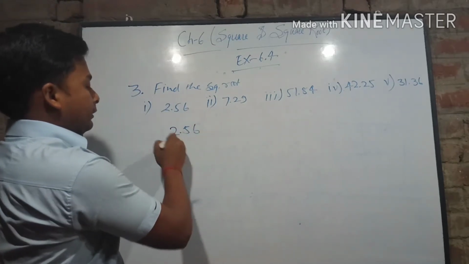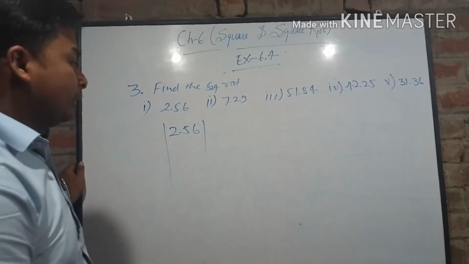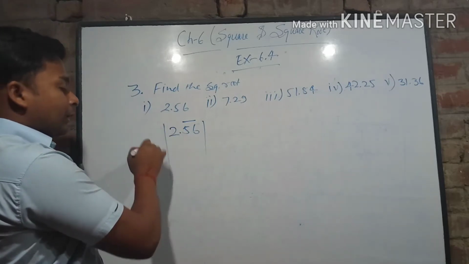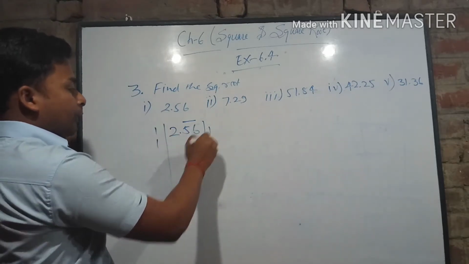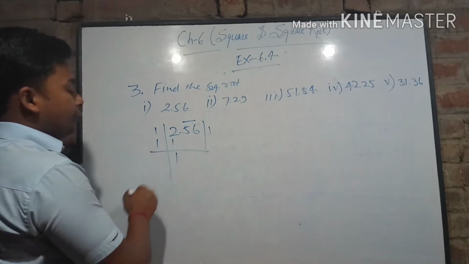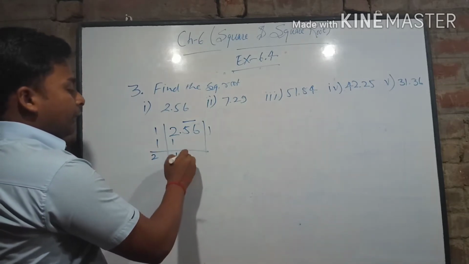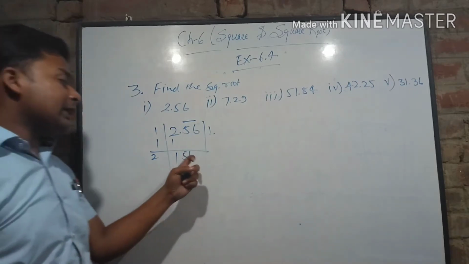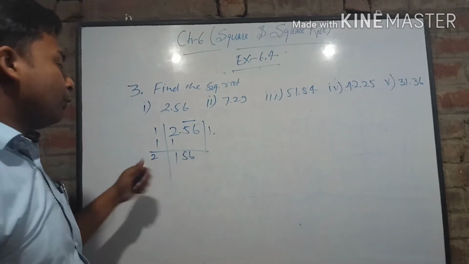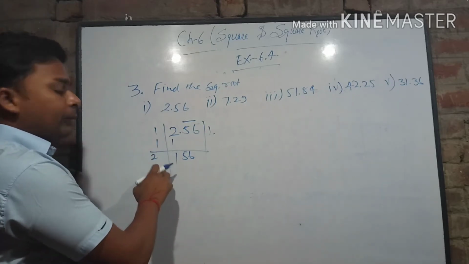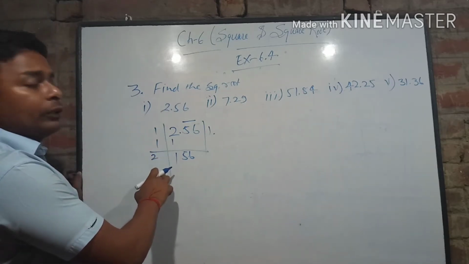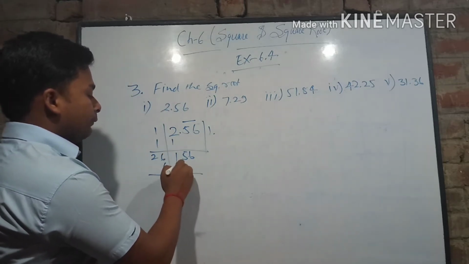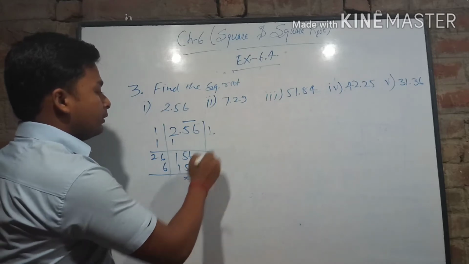Likewise, what we have done in the previous question, for 256 we will pair up from the unit place. 2 is a single digit number, so 1 times 1, remainder is 1, 1 plus 1 is 2, and again 56. Since it is a decimal, we will write the decimal part. Now it ends in 6, so we will have either 4 or 6. If we write 4, we have to multiply 24 into 4, which is 96. So it is correct that we will take 26, and finally we get the answer.